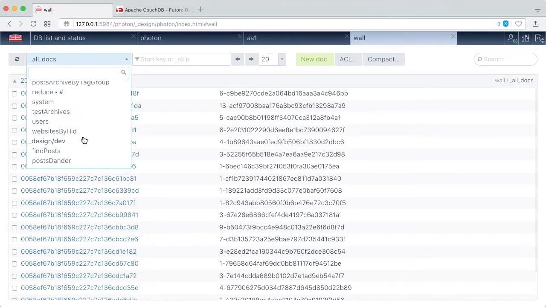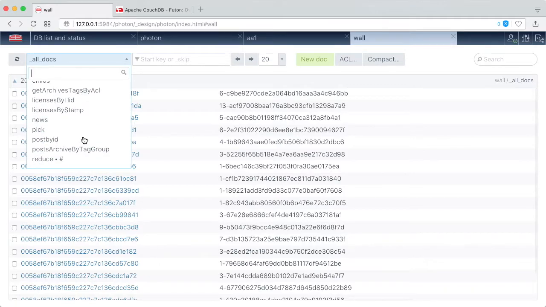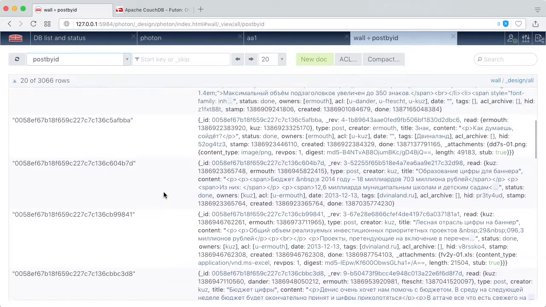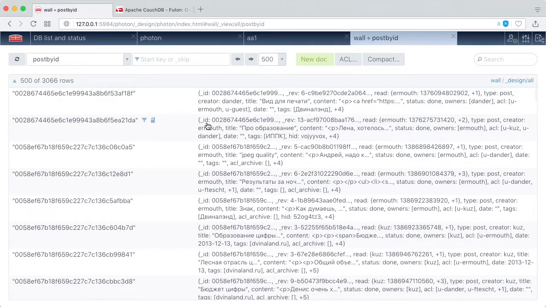Let's see how search works. For example, let's open this post by ID. We have search here. So we can search not only by key, but also by content. So let's try to find something,